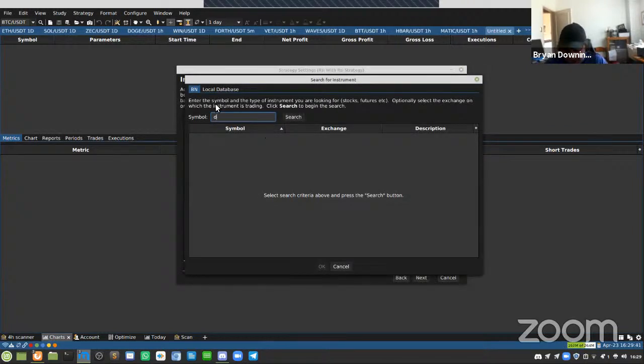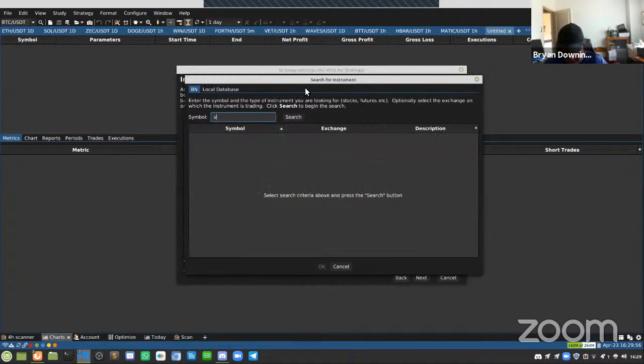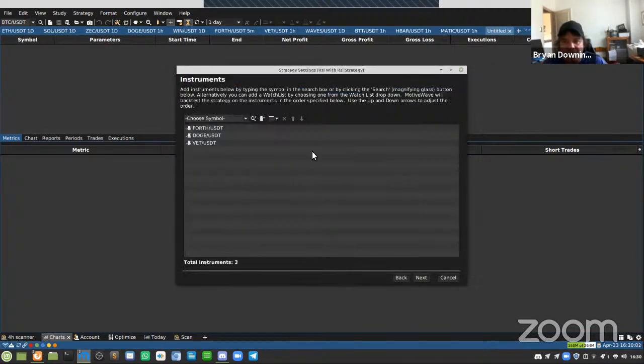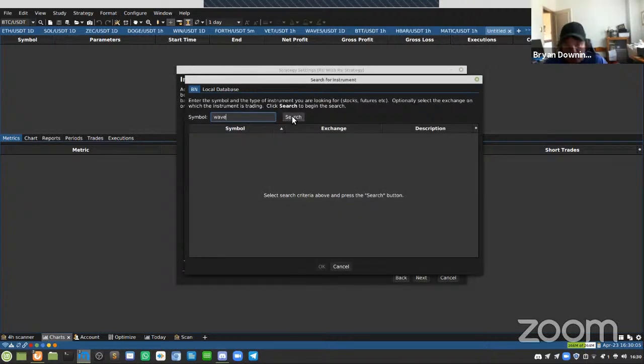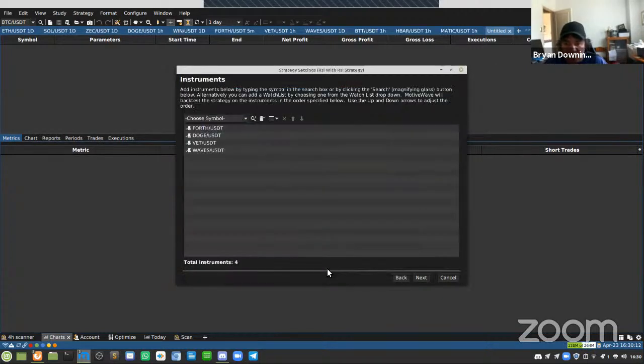So here's where the power line. If I go search, okay, and then we have vet, and these are the current ones kind of moving. Okay, now normally I wouldn't. This is to just show you the power of what MotiveWave gives you, and you can do this with any asset class, and it talks to a lot of brokers and exchanges, be it on the interactive